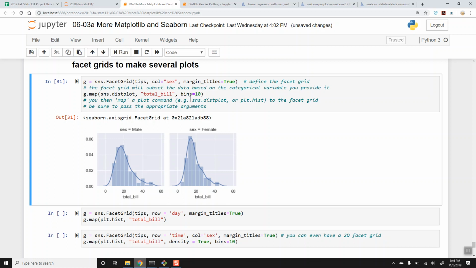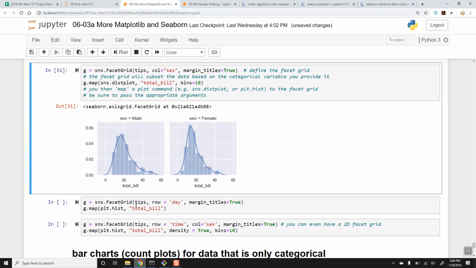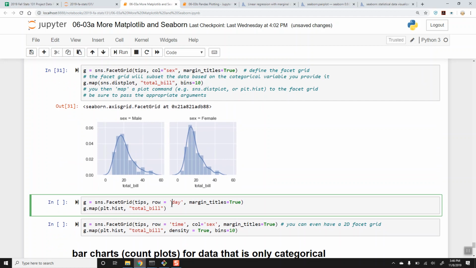But FacetGrid will do this for you automatically. Actually, I'm sorry, this sets up the grid based on columns, so basically two columns here, and we can do that, okay? Here I'm going to do FacetGrid with row equals day. So I'm giving it a categorical variable, day, and we're going to build rows out of this, okay? And so it's going to give me